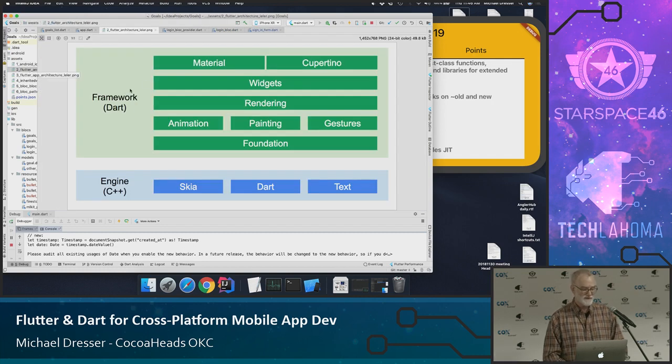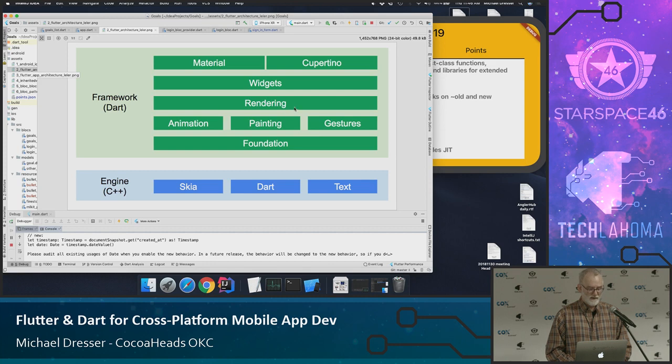Flutter, now this is just the Flutter SDK. The whole Flutter framework is written in Dart, as I was saying. There are, in fact, material widgets and Cupertino widgets to give it an Android or an iOS look and feel. Those are built on just standard widgets, and all these things are incredibly easy to modify.